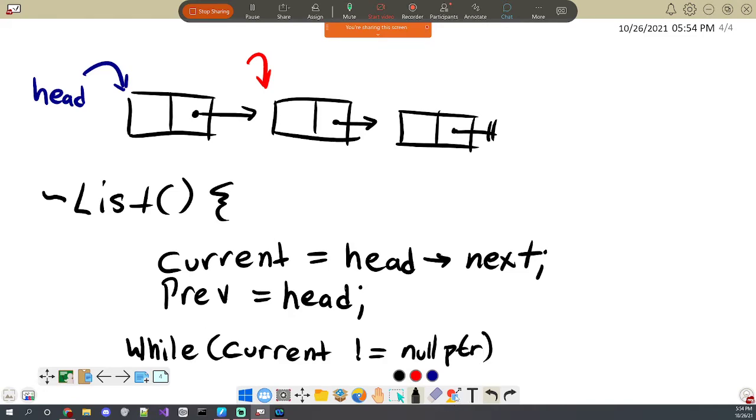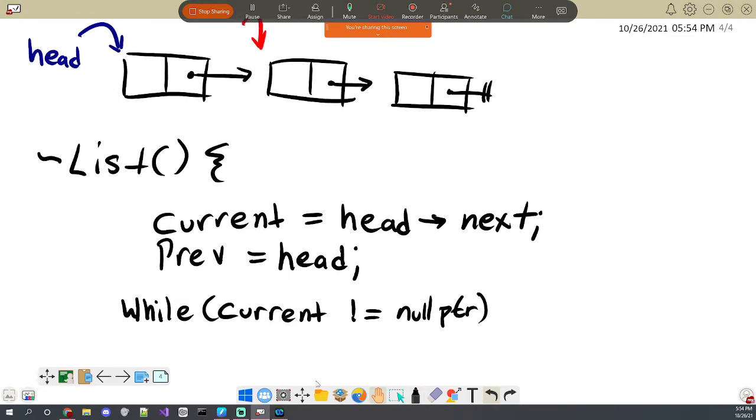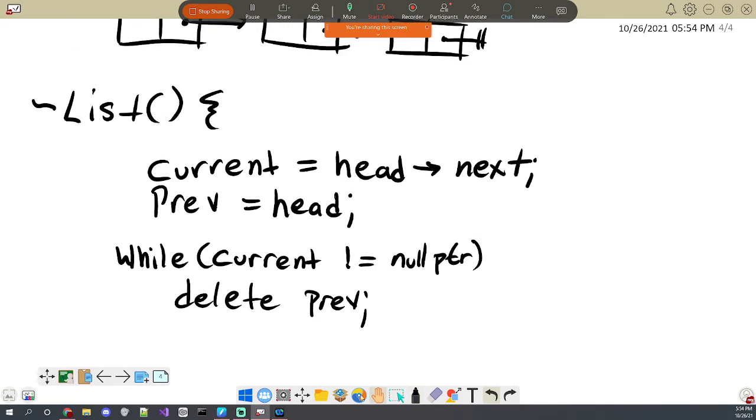Then go ahead and delete things and then update, which would just be deleting whatever the previous node was and then updating them the same way that we've been doing before. So we just say current equals current next.